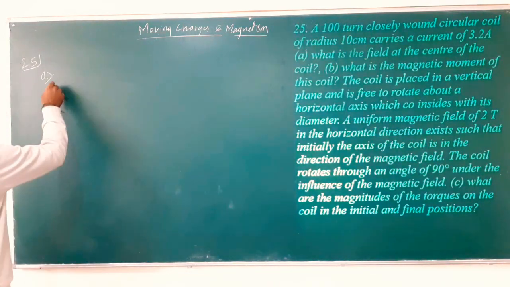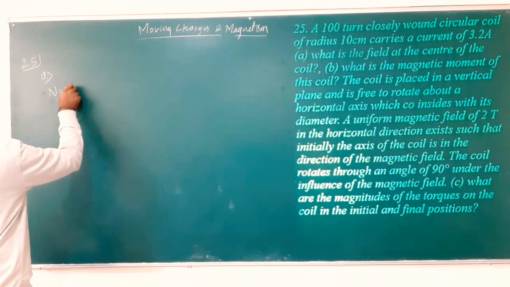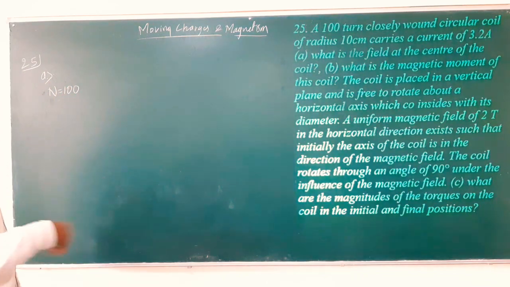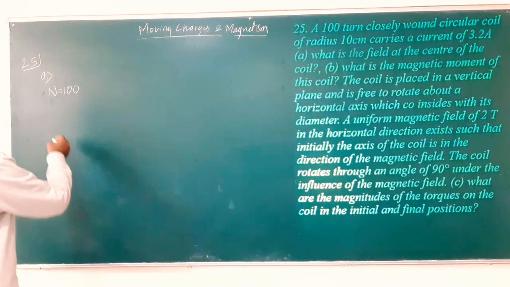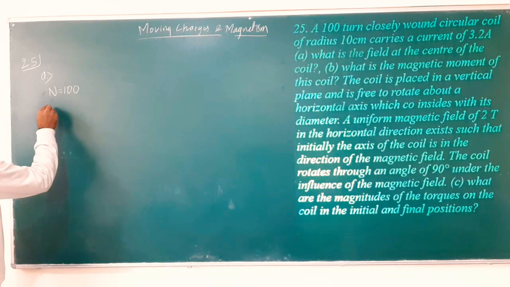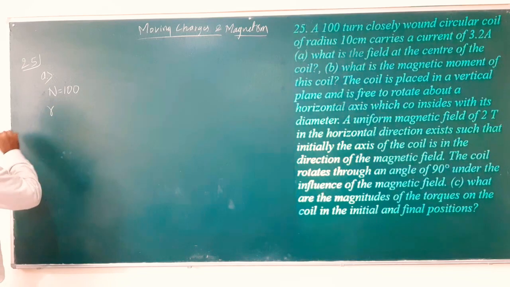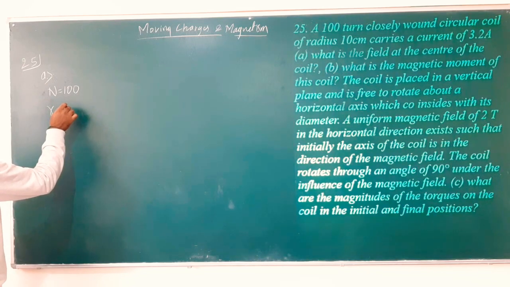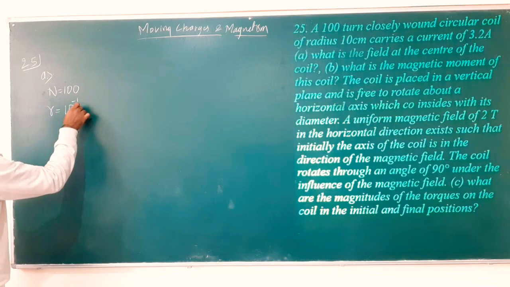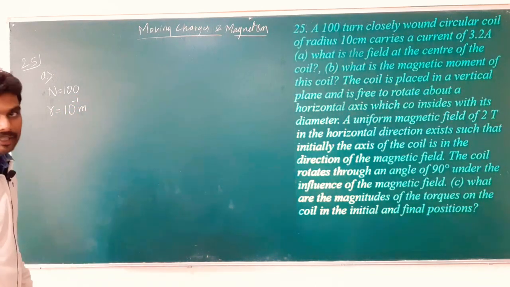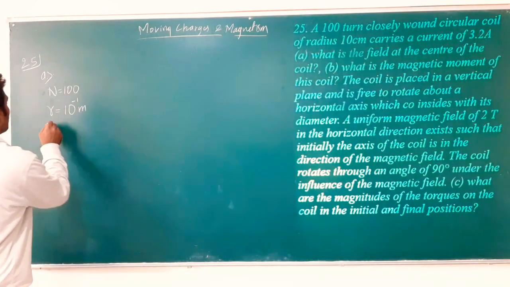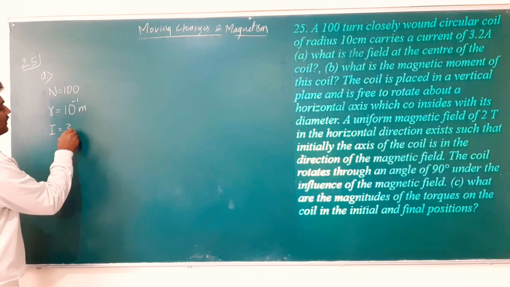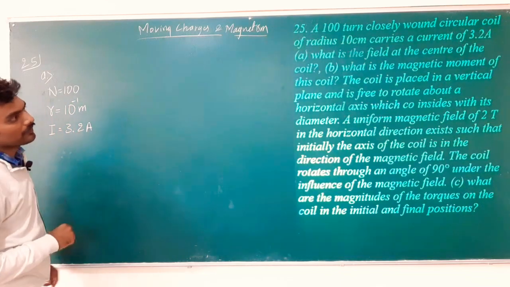Okay, so data about the coil is as follows. The coil is of 100 turns, N is equal to 100. Now this 100-turn coil is wound in a circular way, a circular coil whose radius is 10 centimeter. So radius of the coil, which I can take as small r, is 10 centimeter. I'll directly take it as 10 to the power of minus 1 meter or 0.1 meter, both are fine. It carries a current of 3.2 ampere. Current I is 3.2 ampere, right?